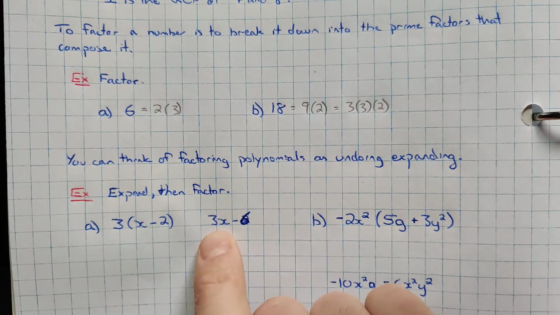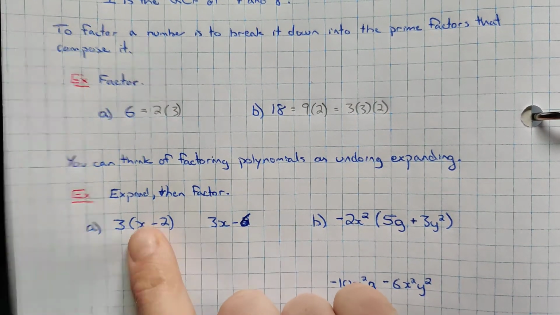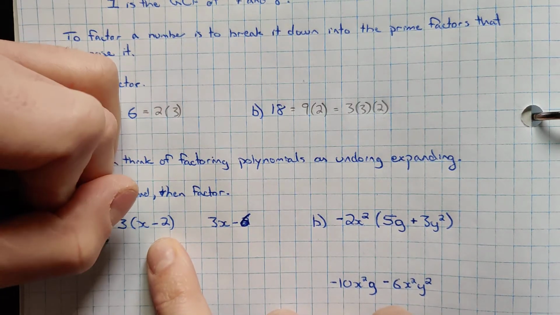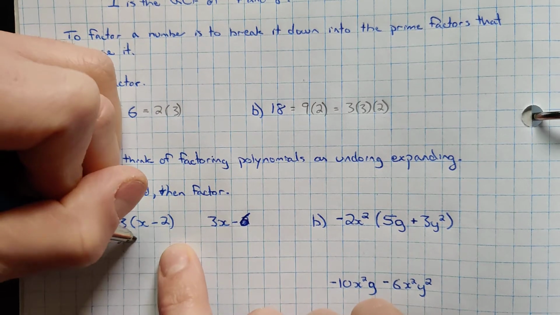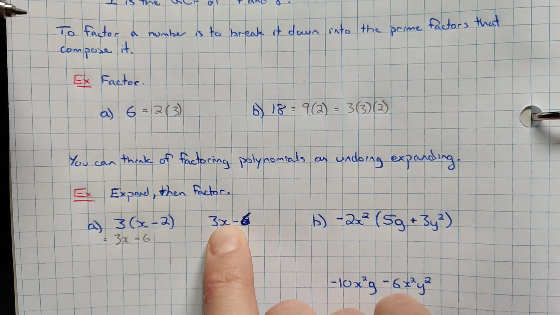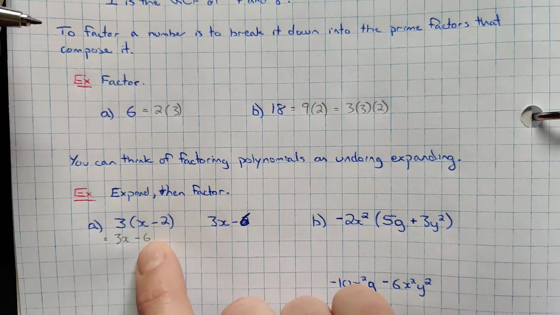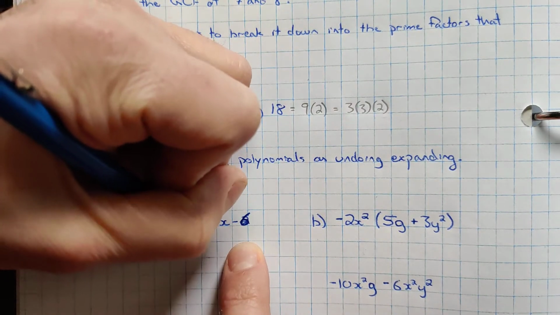So we're going to do some examples here. Let's take a look at the first one. We're going to expand and then factor. So let's expand this out. 3 times x, 3 times negative 2: 3x minus 6. When we expand it, we've multiplied both terms by 3 to get this. So we're just going to undo that when we're factoring it. So this equals